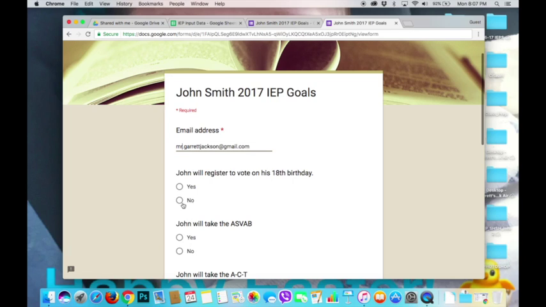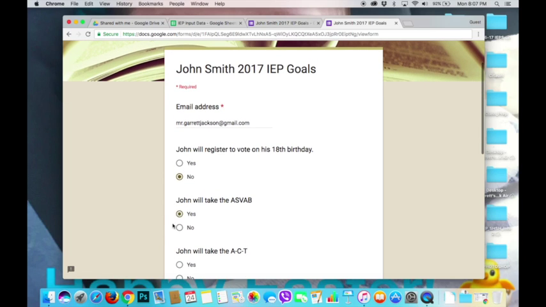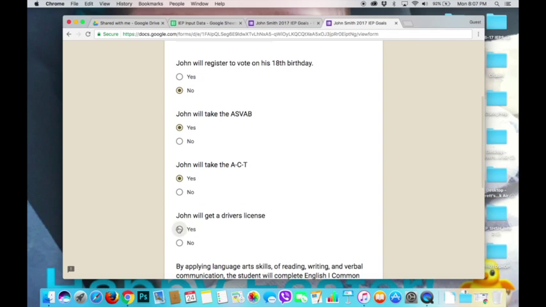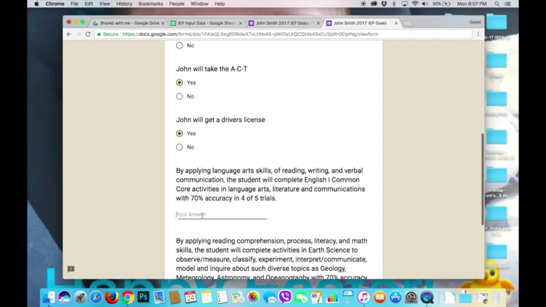John will register to vote for his 18. No, he's not 18 yet. Yes, he took the ASVAB, and since then we've taken the ACT, and he's got a driver's license. Right now, last time, I don't remember what his grade is, but he's kind of slipping. He's making a 78% with, let's say, missing 2 exams and 4 unexcused tardies. Okay,